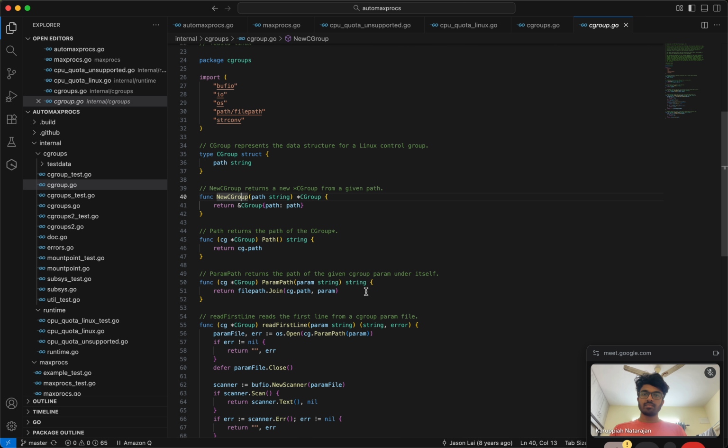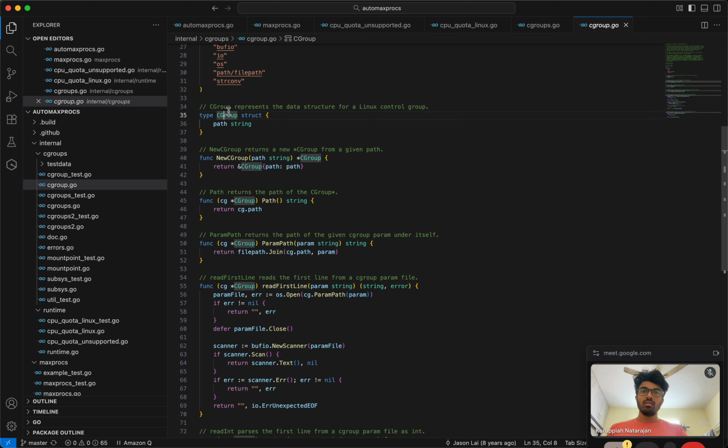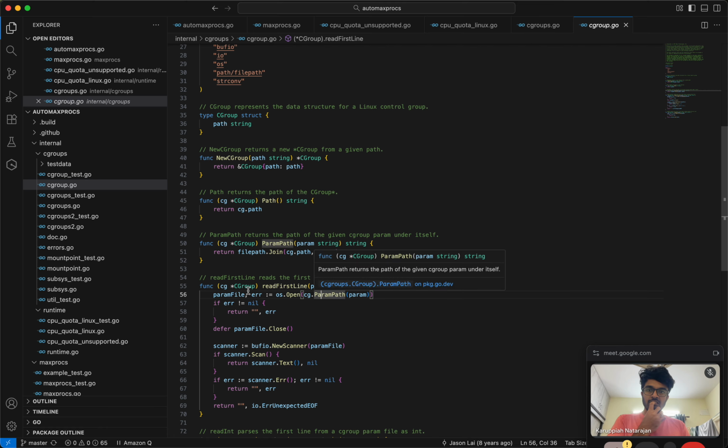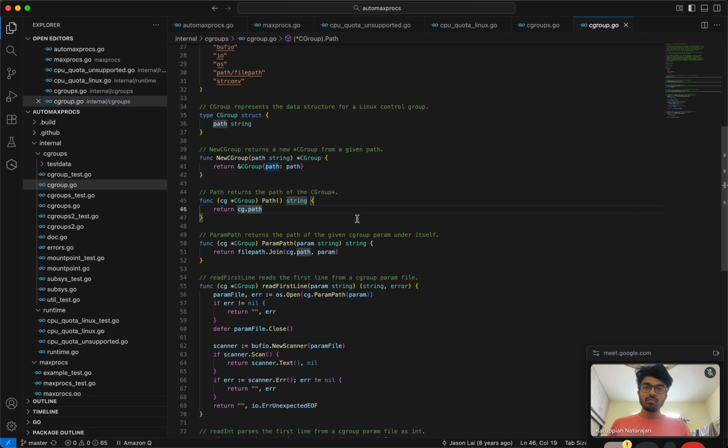Interesting. This is the code for Linux control group. So this is param path.